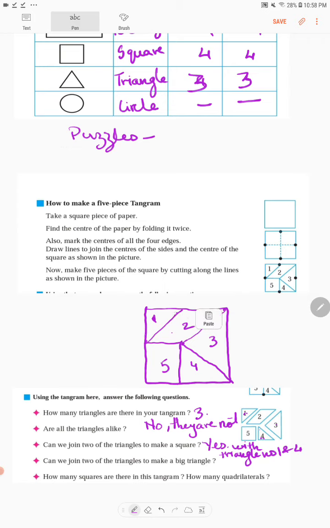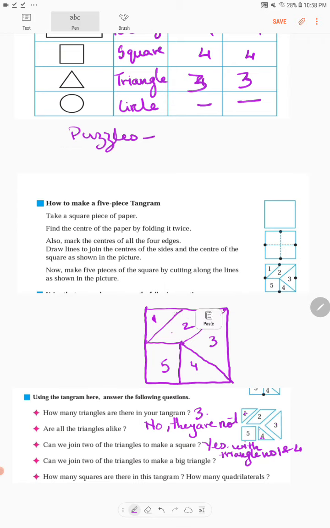Okay. Now I'll show you something amazing which you can also try. Now children, see, this is a tangram with different shapes inside. See, this is a triangle, this is a triangle, this is a triangle, this is a triangle. You can color it, cut it into pieces and see how many shapes you can make.